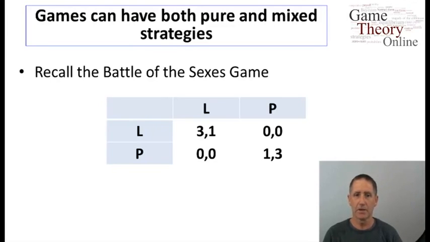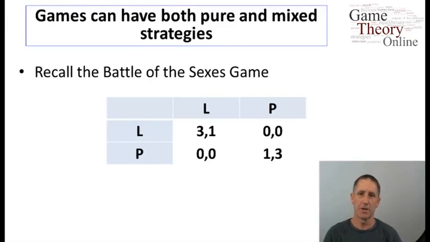And here is a game, and we've seen this game before. This is Battle of the Sexes. So I and my significant other want to go to movies. We have opposite preferences. I would like to go to one movie over the other, and she has the opposite preference. But above all, we'd like to go together. So if she decides to go to one movie, I definitely want to go to the same one.